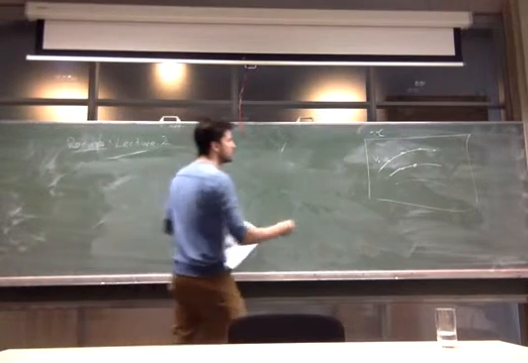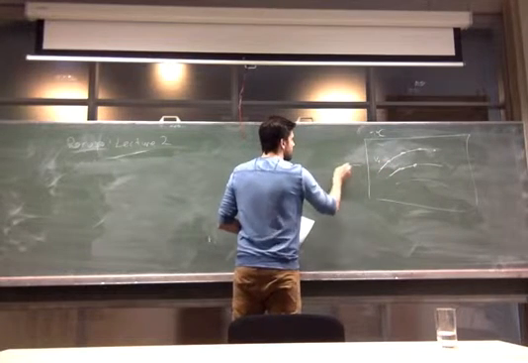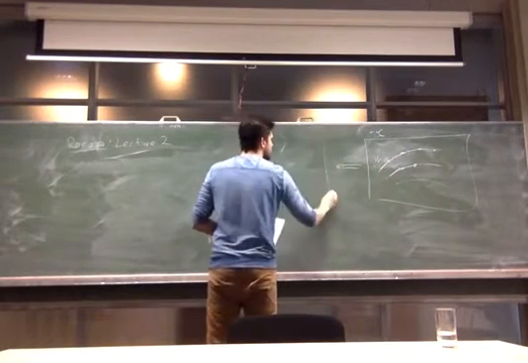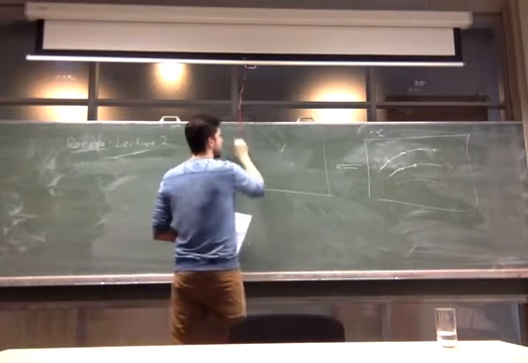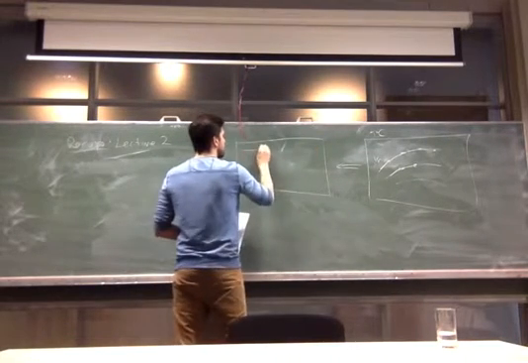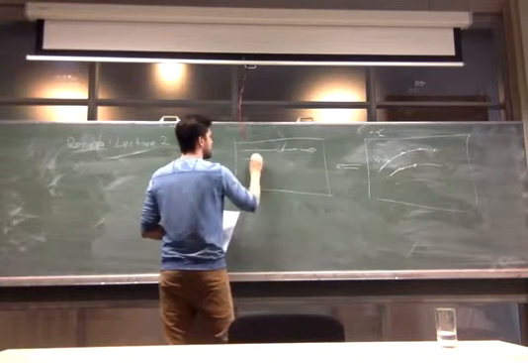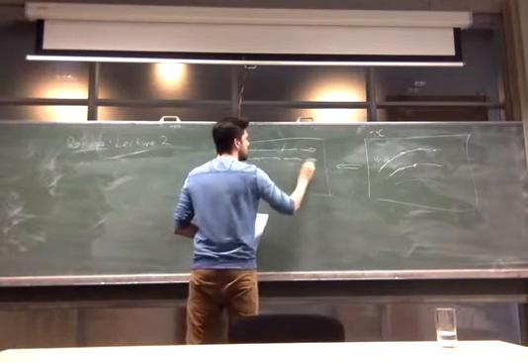That will transform any flow, so this could be the flow of any function, into straight line flow, trivial flow. So I can always do a canonical transformation that will turn these curved things